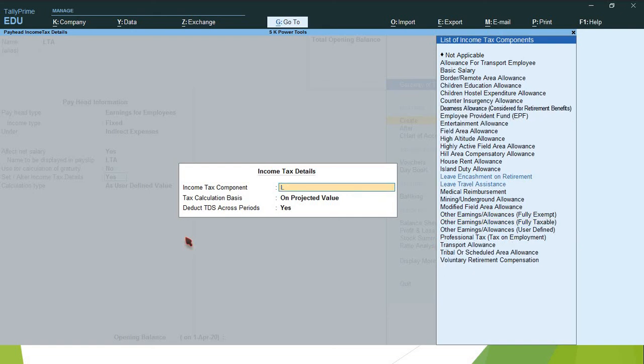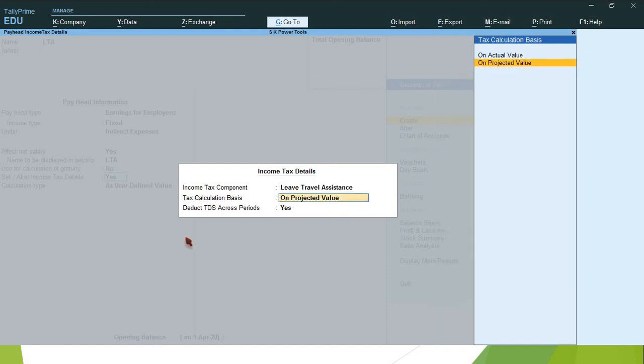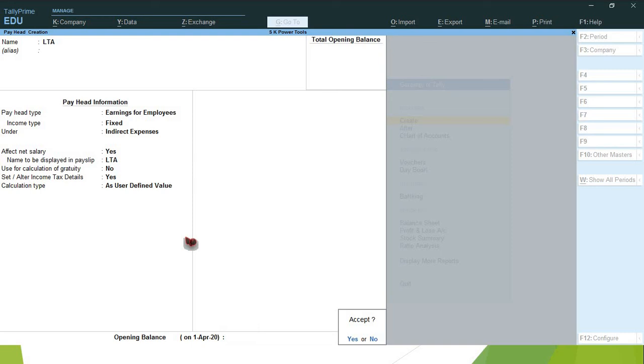Select income tax component, leave travel allowance on projected value, calculation type, select as user defined value, accept.